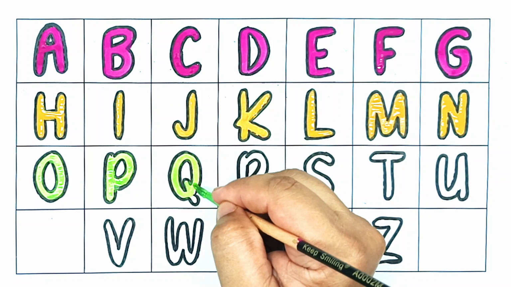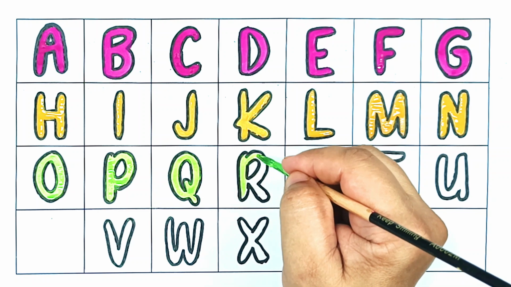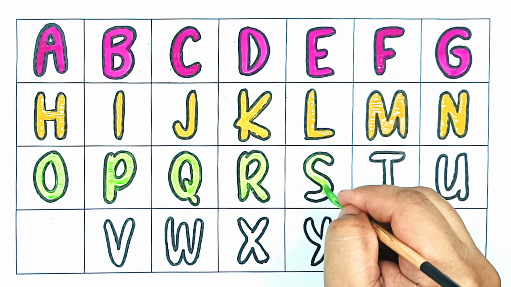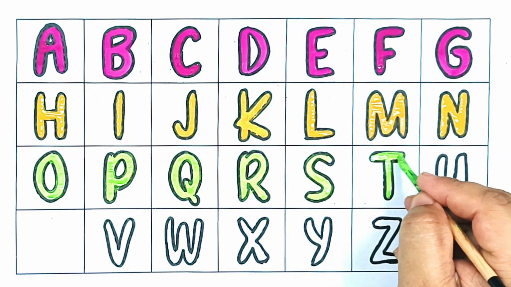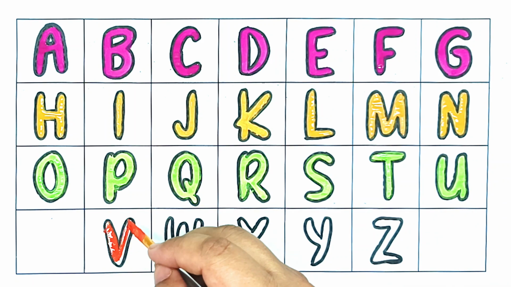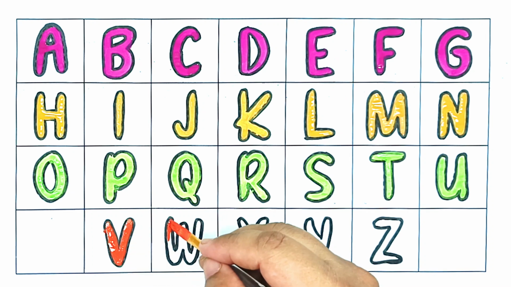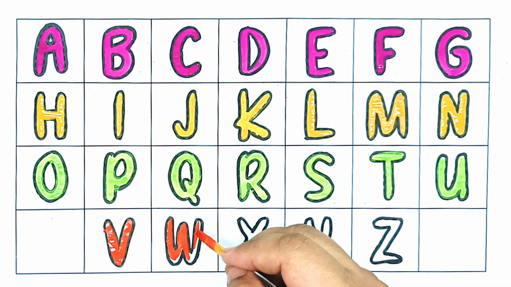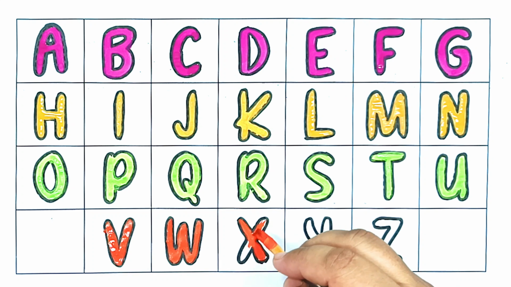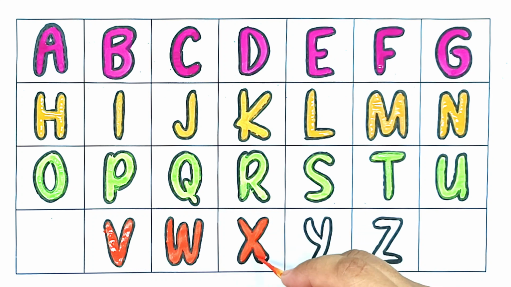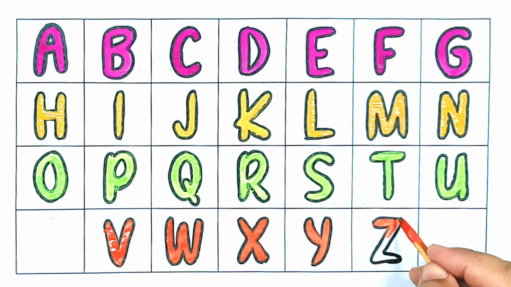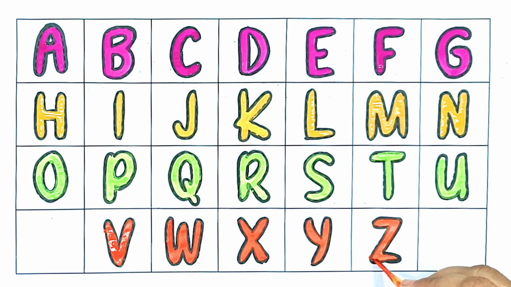queen, Q for queen, R for ring, R for ring, S for star, S for star, T for train, T for train, U for umbrella, U for umbrella, V for van, V for van, W for watch, W for watch, X for xylophone, X for xylophone, Y for yacht, Y for yacht, Z for zebra, Z for zebra,